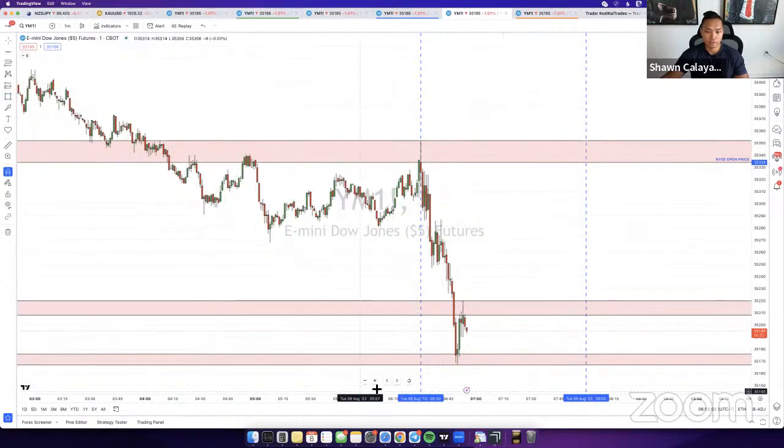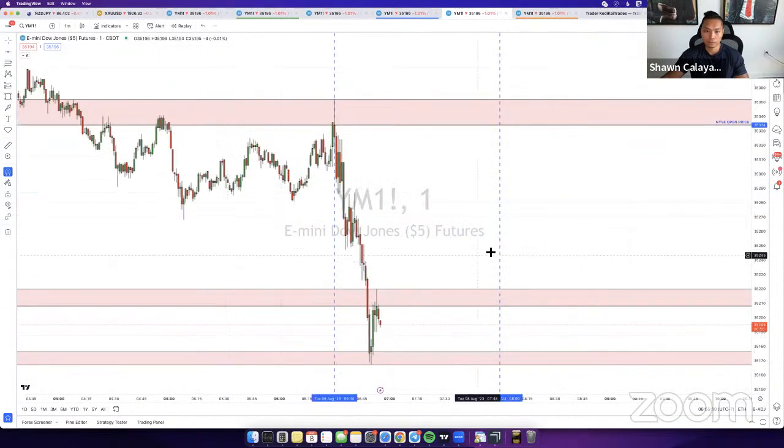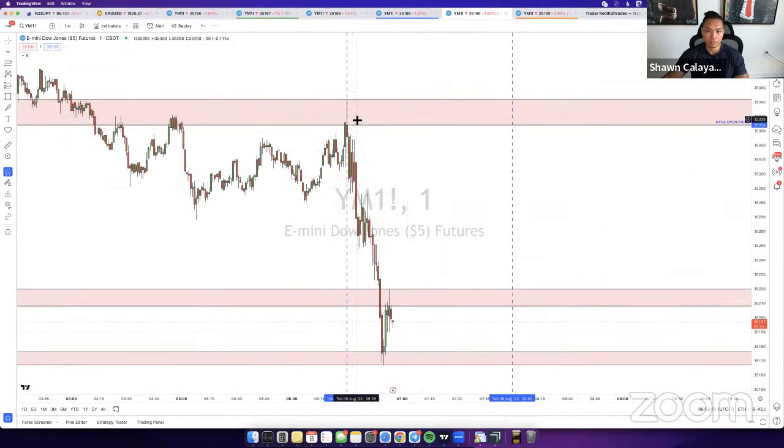All right, so as you guys can see right here, not really too much going on. Price started from this upper level here. So price kind of pushed up, established a high right there, came down, consolidated here a bit, dropped down a little bit. Now it's back in consolidation. So realistically, as you can see right here, price is just going sideways.